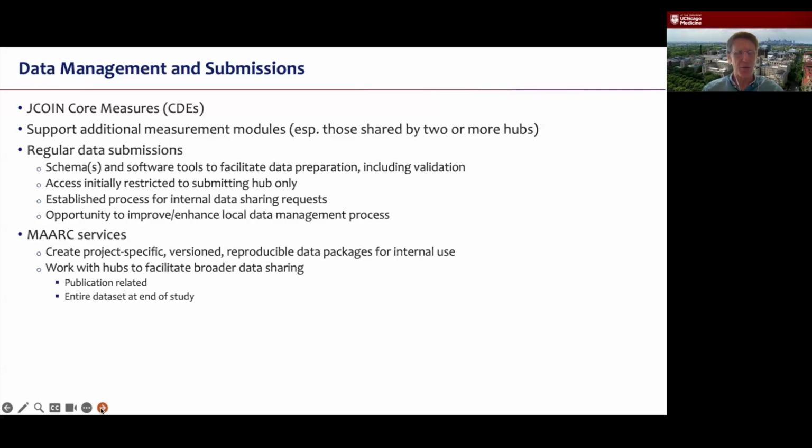And so the value of that, for those of you who are familiar with the concept of CDEs, is that it ensures standardization and best practice in the way in which those data are collected, but then really facilitates analyses that people might do by combining data across sites, and then even combining them with data sets that may lie outside of JCOIN. And so the MAARC does a lot to facilitate the use of and to really maximize the value